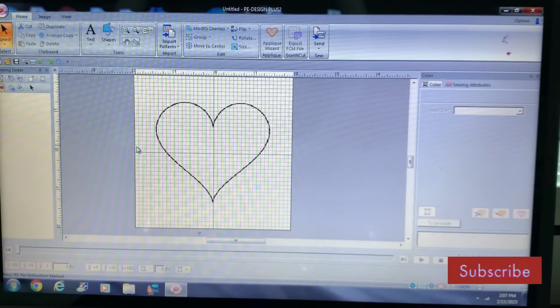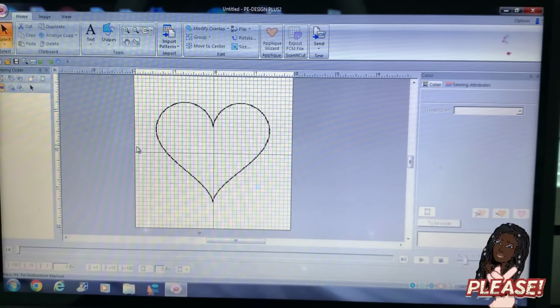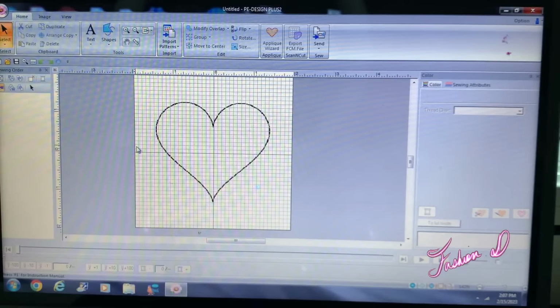So if you watched my previous video, I showed you how to import an image, a JPEG image, into PE Design. So I'm gonna show you how to use the opacity tool, and how to do a little bit of editing, real simple. Okay, so right now